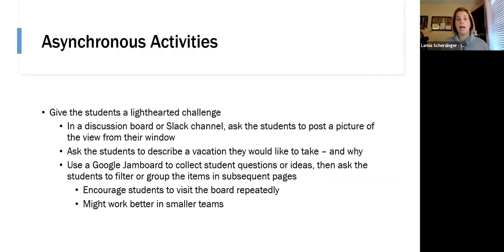For asynchronous, obviously there's all sorts of technologies out there, whether it's through Google, through Slack, through a traditional discussion board. I use something called Course Networking, or CN Post, that is kind of like an academic social media platform. And it's very similar, if you know Facebook, you can post pictures, you can post videos, you can also put discussions and people can respond. So that's what I use, but there's so many different opportunities out there. So whatever you're comfortable with, as well as what your partner's comfortable with. And then you want to really encourage them to continue coming back there so that they can continue the conversation.